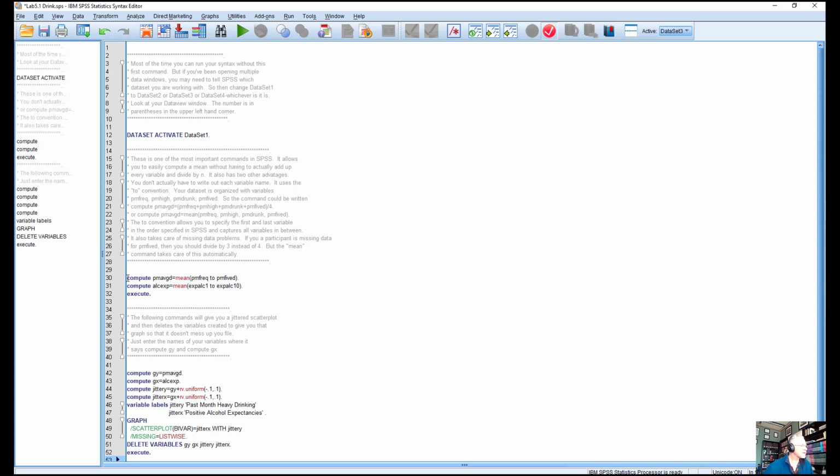Here is a command in SPSS that says to construct a mean. The way it does this is it uses the command COMPUTE to construct a new variable. You can give that variable whatever name you want. You could call it Ralph. You could call it Zebra.